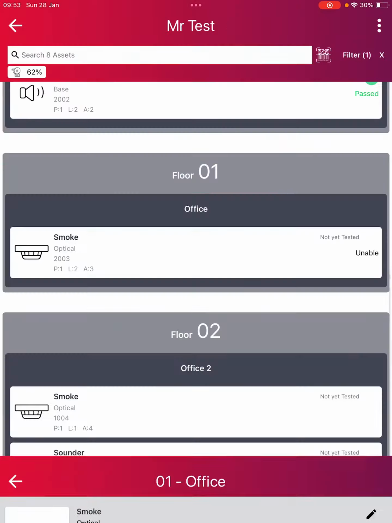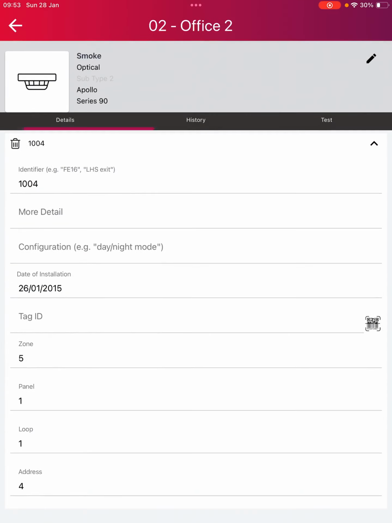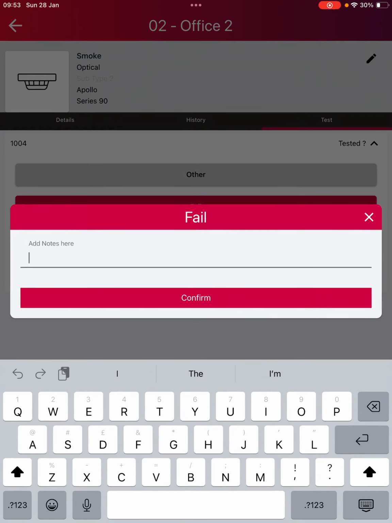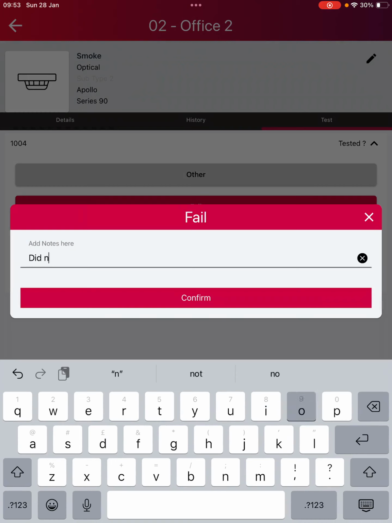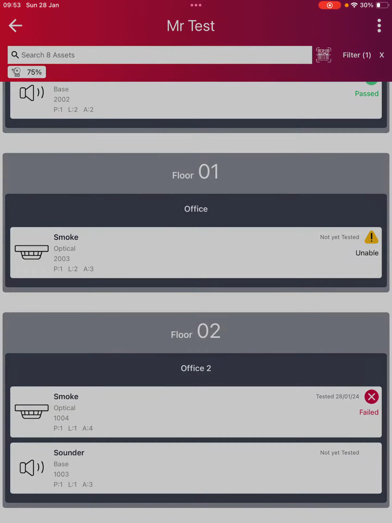So let's click on that smoke on floor 2. If I click on test, fail. I could say did not set off fire alarm panel. Therefore replacement needed. I think I spelled replacement wrong there, but that's okay, I guess. So if I click on the sound at the bottom, so other